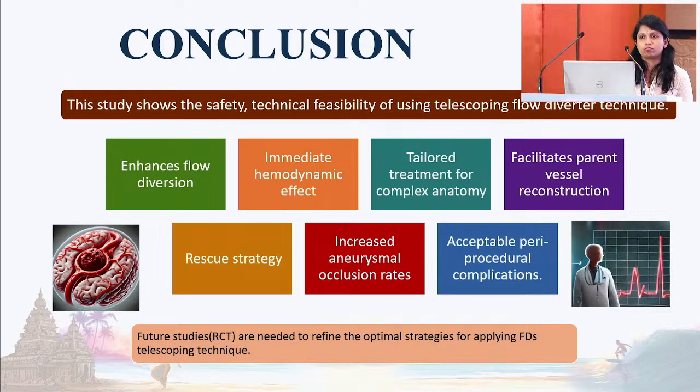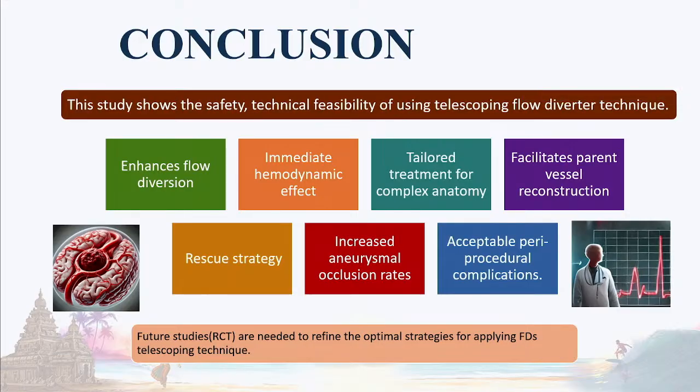Nice cases, but our strategy is to avoid telescoping as much as possible, unless it is very much needed for a very fusiform aneurysm or distal type aneurysm. And many of the cases, I think many of them would have been done with proper sizing of the initial flow diverter, and many recurrences could have been avoided with one or two coils rather than waiting for a recurrence